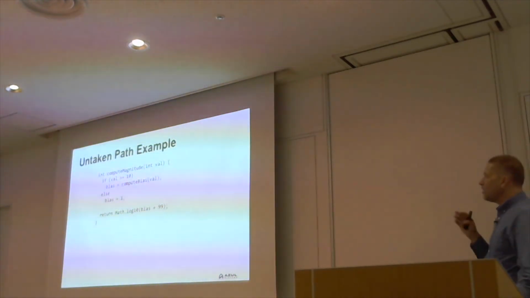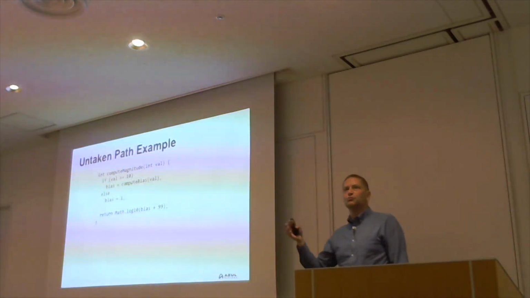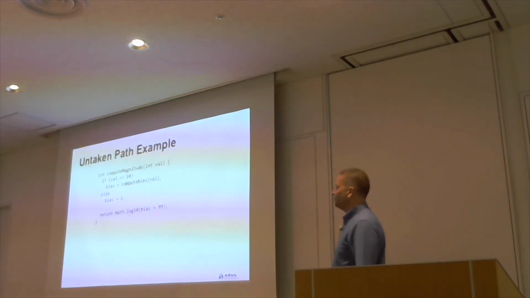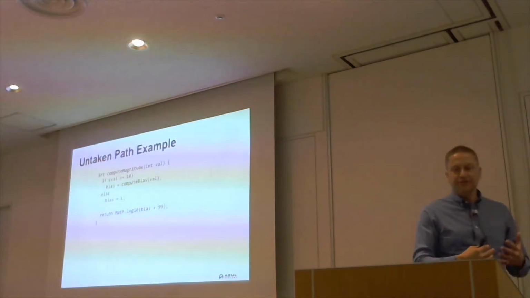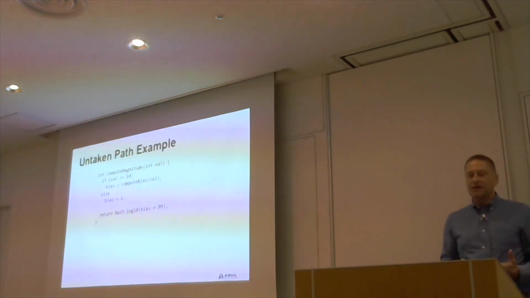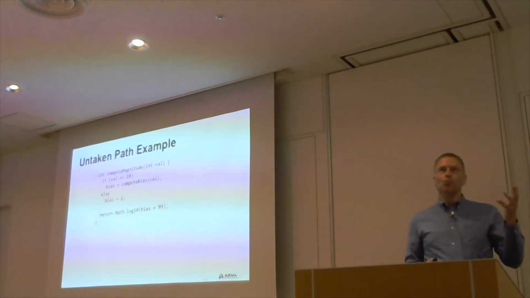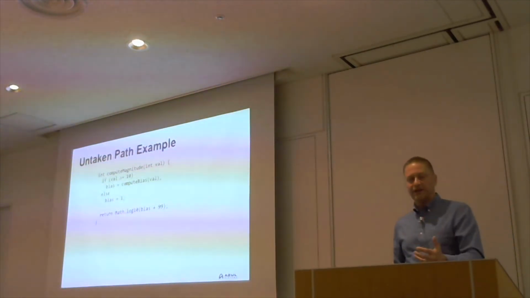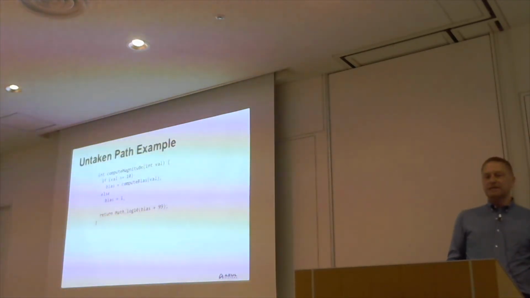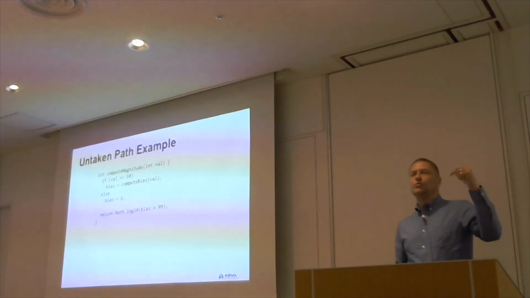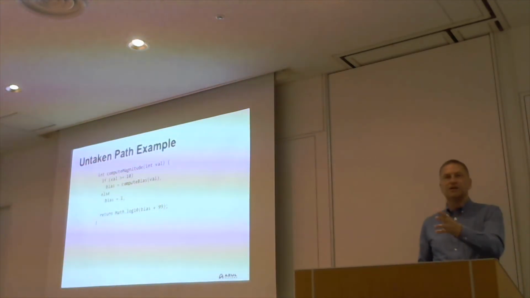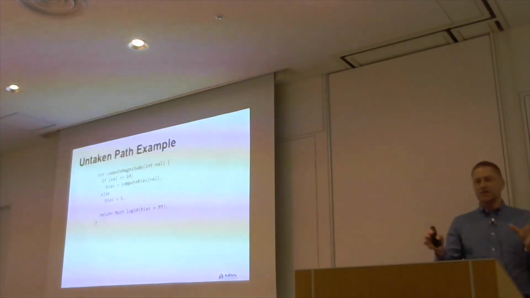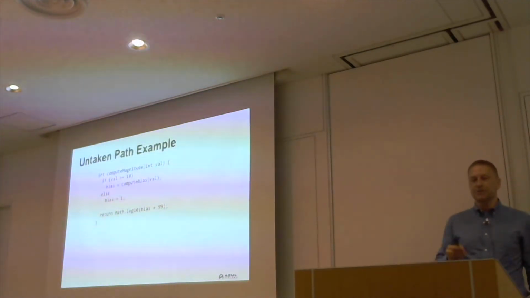Here's a rather contrived example, but it's good because it shows what you can actually do with speculative optimization. Here we've got a method that computes a magnitude, and you pass in a value. What we say is, if the value is greater than or equal to 10, then we compute the bias based on the value. If it's less than 10, then we simply use a bias of 1. Then we return the logarithm base 10 of the bias plus 99. Like I said, it's a contrived piece of code, but it's good to show an example.